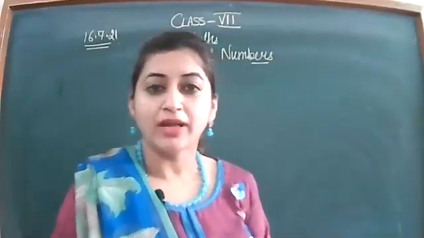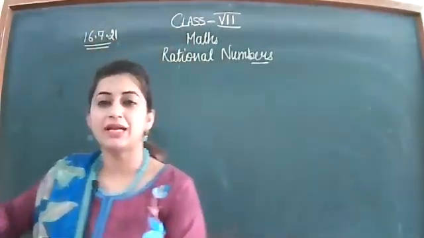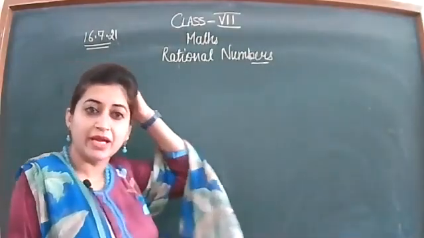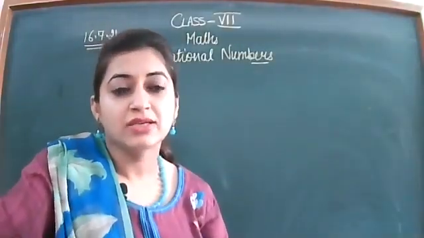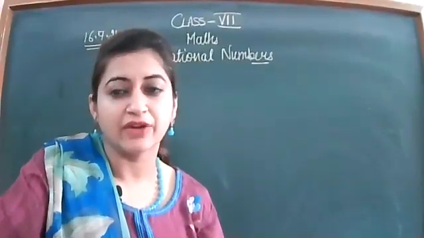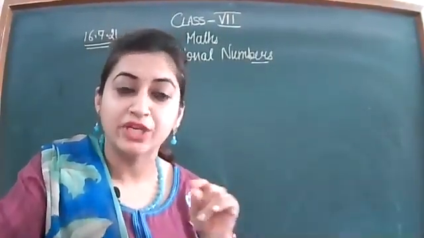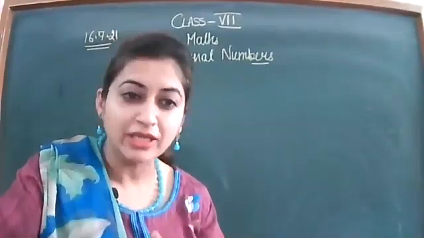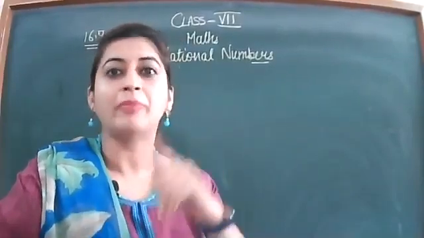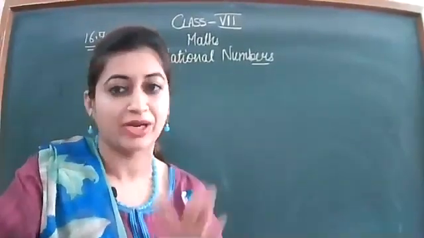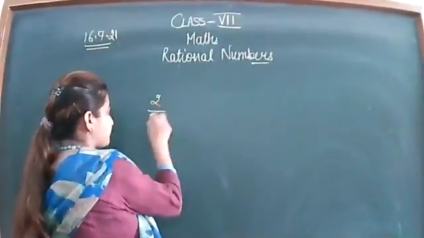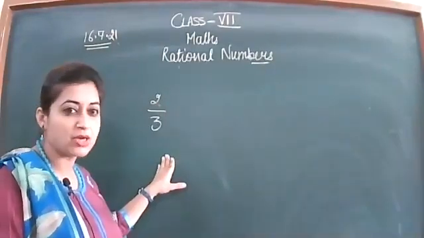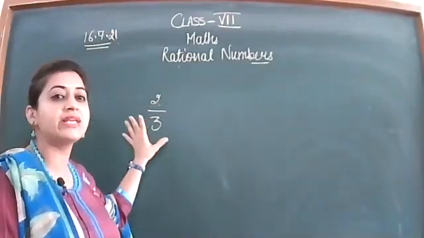What is standard form? A number is said to be in the standard form if there is nothing common between the numerator and denominator. That means the numerator and denominator have only one number common, that is 1. Like if I write 2 by 3, as you know 2 and 3 both are prime, so they cannot be cancelled out further by any number. So they are already in the standard form.